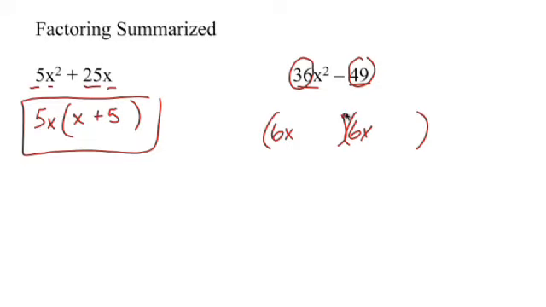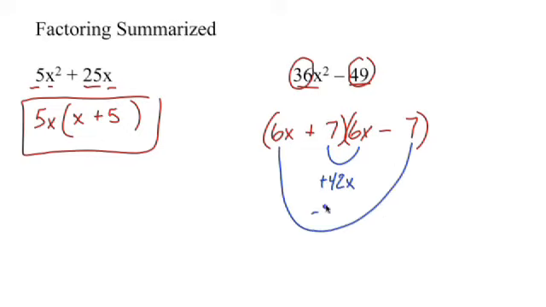And then your 49, the square root of 49 is 7. And notice, you don't have that middle x term. The way you get rid of that is you put a plus and a minus, or reverse the order, put a minus and a plus. The key is the signs have to be different, because if you want to do a quick little mental check here, that is positive 42x. That is negative 42x. So that means you don't have an x term.